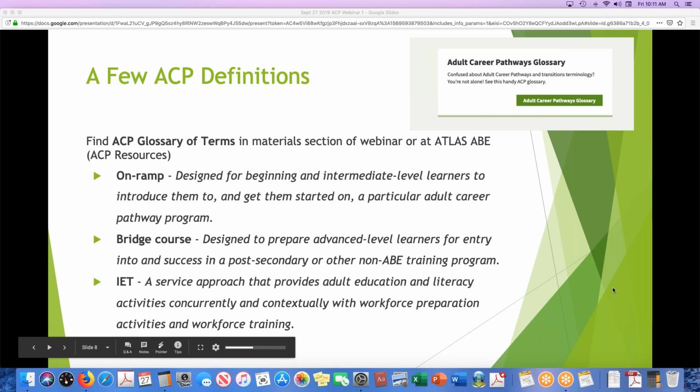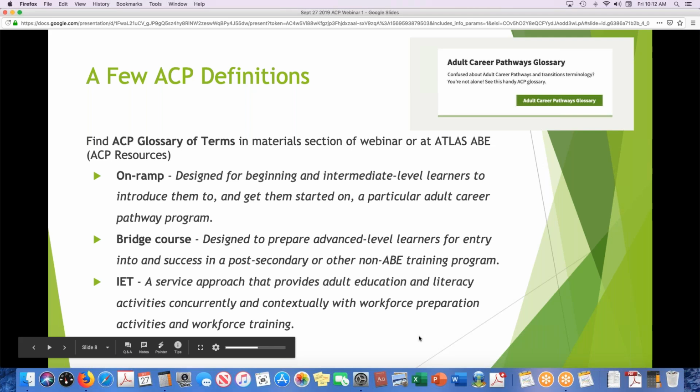So one term you may or may not hear frequently is on-ramp. And on-ramp is a term that's being used, I think, more and more. However, the interpretation of on-ramp varies depending on who you're asking. It's included in here because the Department of Employment and Economic Development put out a Pathways to Prosperity request for proposal. Those are grants that adult basic education is often involved with, and they have on-ramp as one of the options or areas you can focus on.